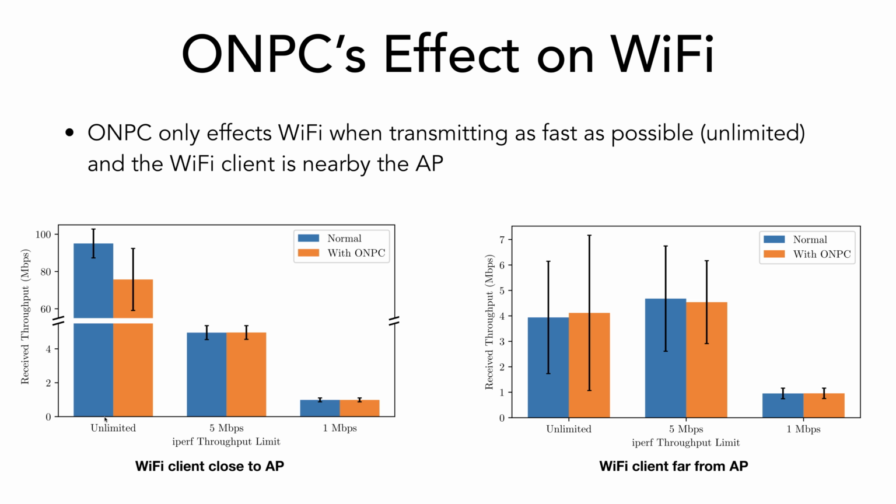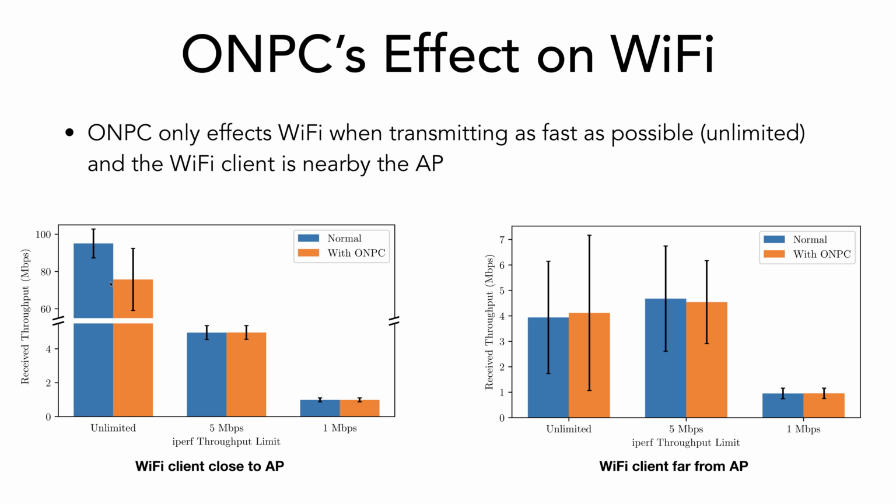So I set it to what's called unlimited. Just send out as fast as you can. I set it to 5 megabits per second and then 1 megabit per second. And so under all these configurations, these 6 different configurations, the only time that ONPC really negatively affected the data rate was in this case here, where the Wi-Fi client was close to the access point and it was sending as fast as possible. So we have about a 20% drop in data rate here, which is significant,